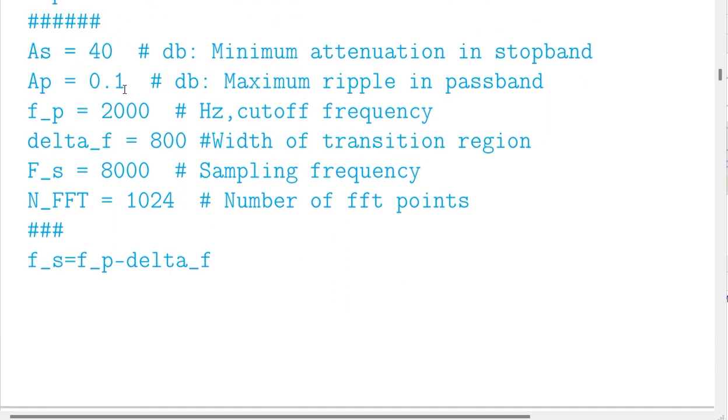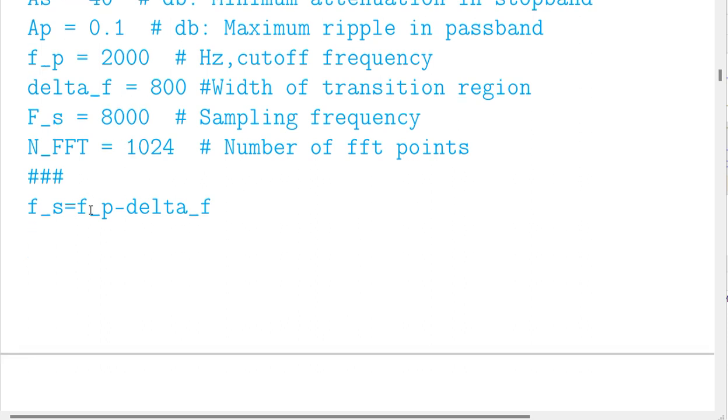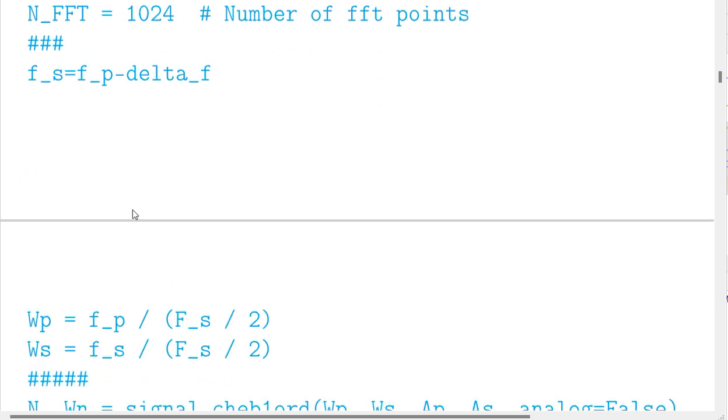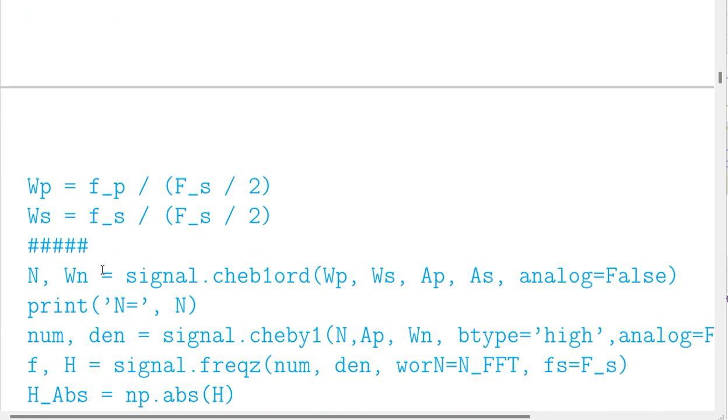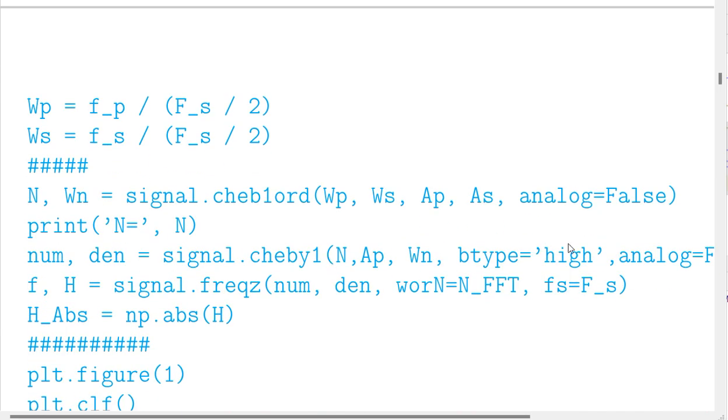This time 40, 0.5, 2000 for passband, delta F 800, FS 8K, FP, FS, and Cheb1ord the same manner, but for high pass you need to write high here as syntax and AP,